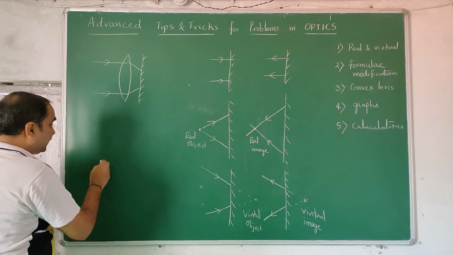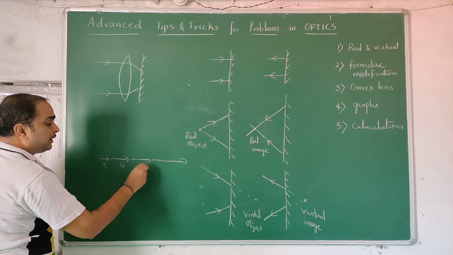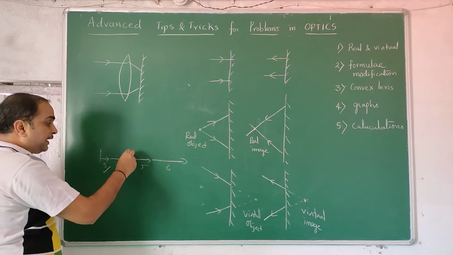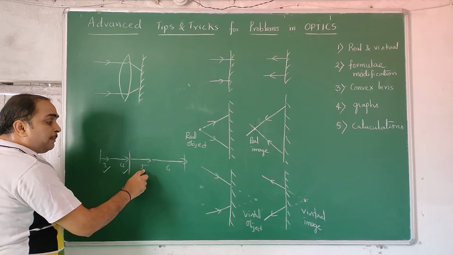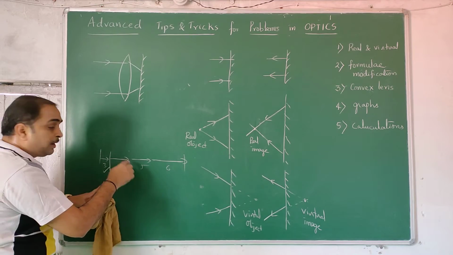Like for example, I say that a particle is going 2 meters per second, 3 meters per second, 4 meters per second, 3, 4, 5, 6. I take up to this segment. This is the initial velocity, this is the final velocity. If I take this as a segment, then 5 becomes initial, 6 becomes final. The final velocity of the first segment becomes the initial velocity for the next segment.